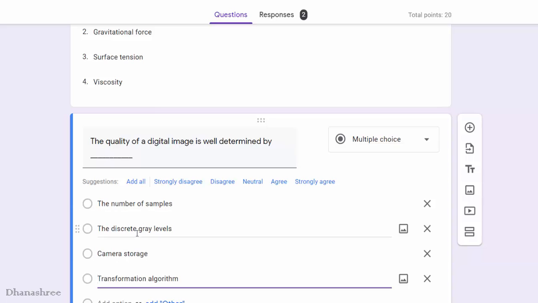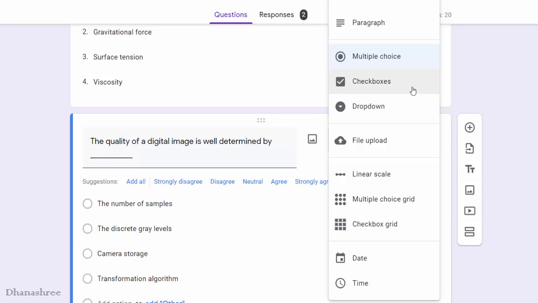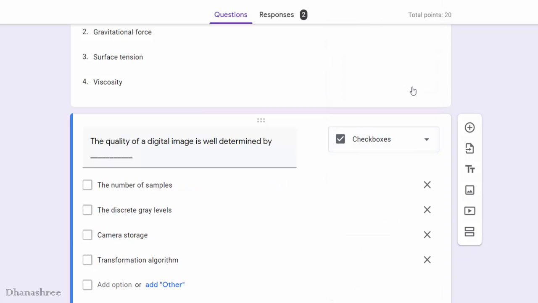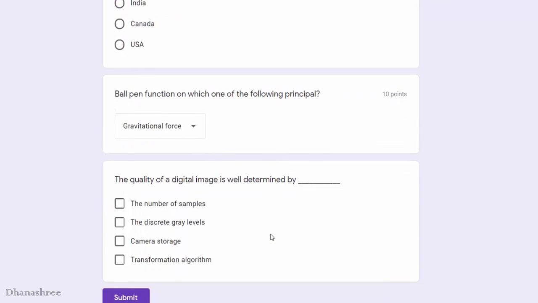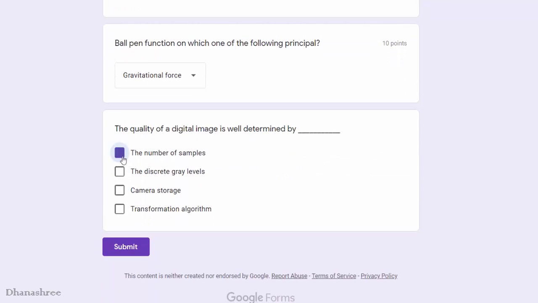Now here two options are right. So instead of going for multiple choice or drop down, I will go for checkbox. Difference between this is, in case of multiple choice or drop down, you can select any one option only. Whereas in case of checkbox, you can select multiple options.